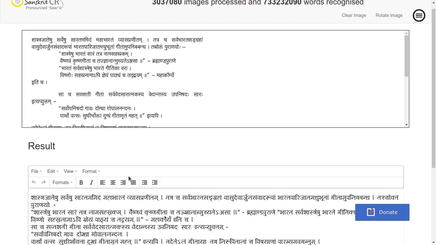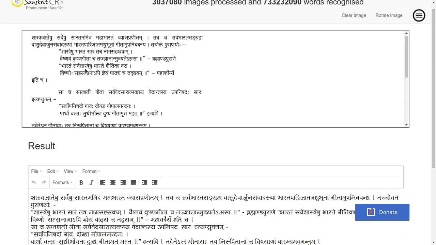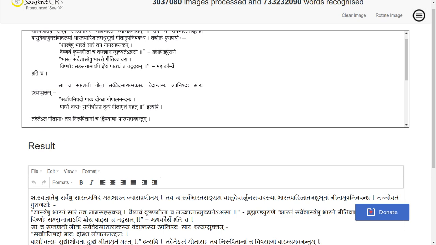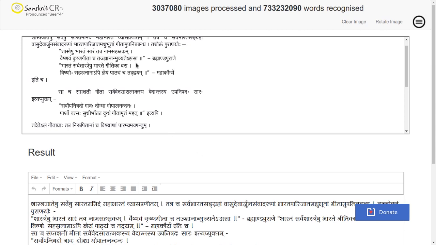Tachoktam Puranayoho, that is also similar, but here in this case, it is in the verse format, shloka format, which has to be like this, but it took it as a single line. And also you can observe this particular part, Tajnanan Muchyaten Jasa, but it recognized Tajnanan Muchyate Asa, so it couldn't recognize Anjasa.